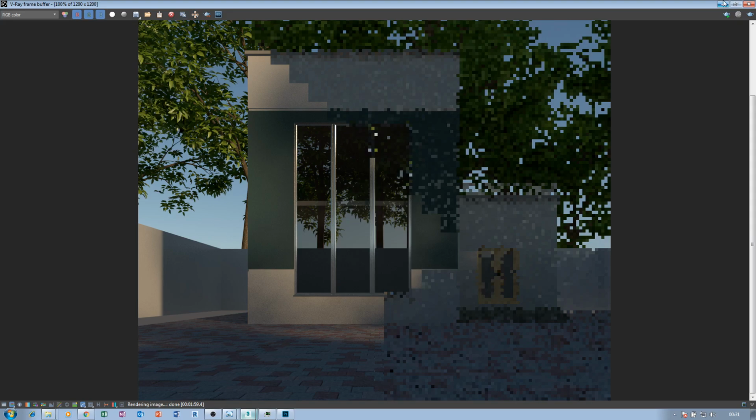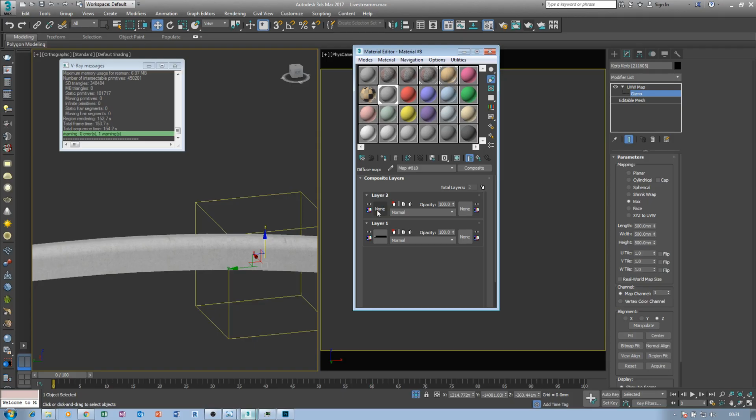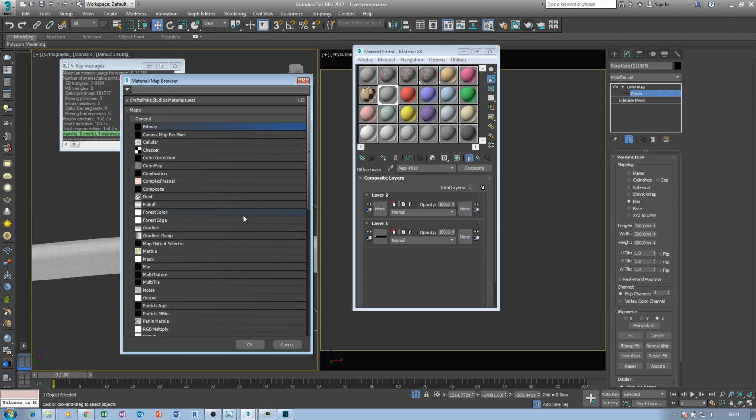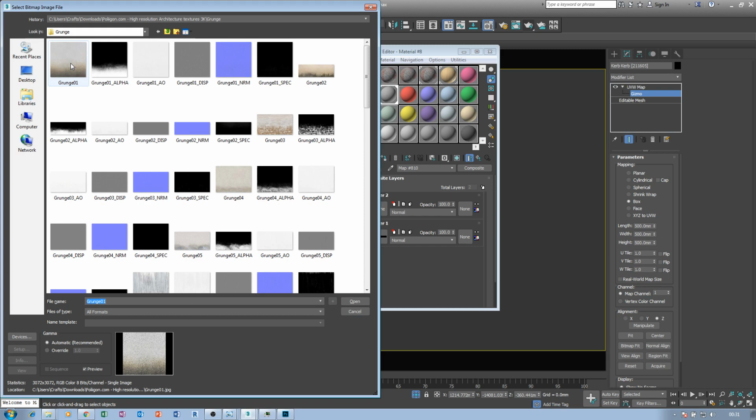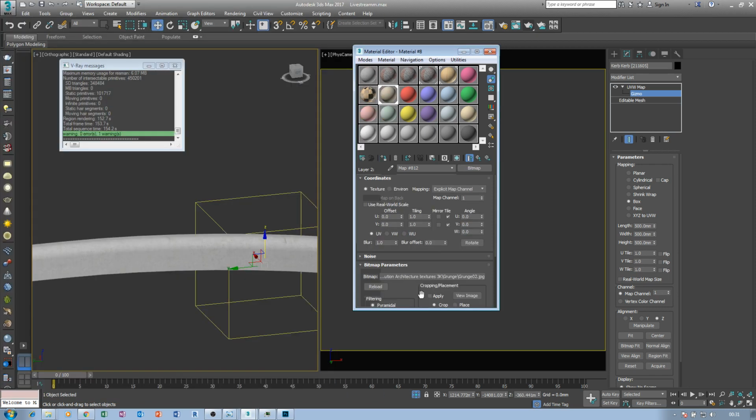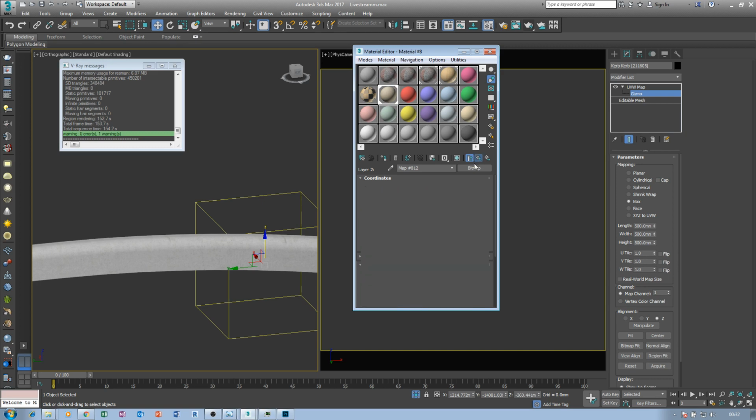Let's go back to this. So I set another one, and for this now I'm going to use this grunge. Let me use this one, and this a mask for it. I'm going to be making a video later, then just upload it on Google Drive on how to create a mask. You have something like this and you want to create the alpha. But for now, I'm just going to be using this,